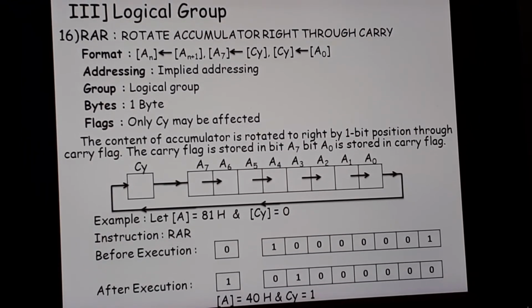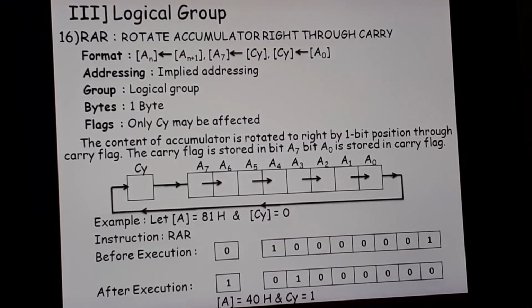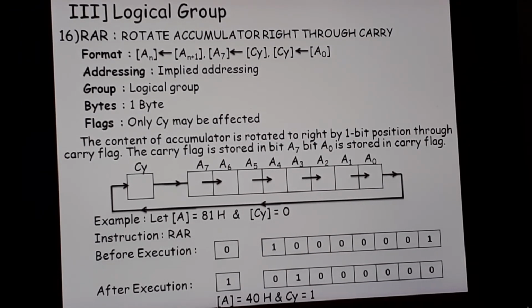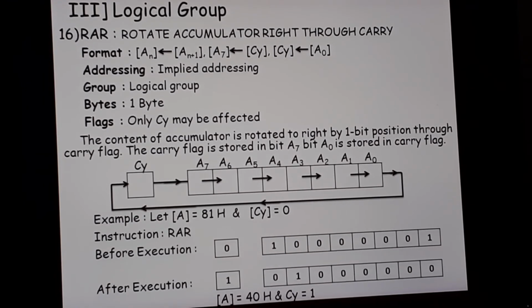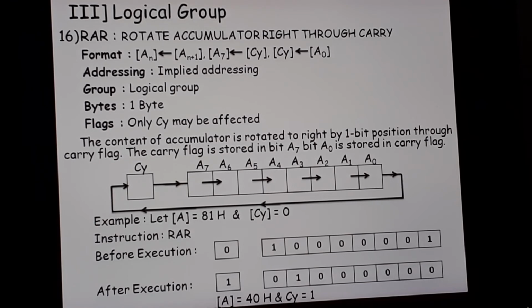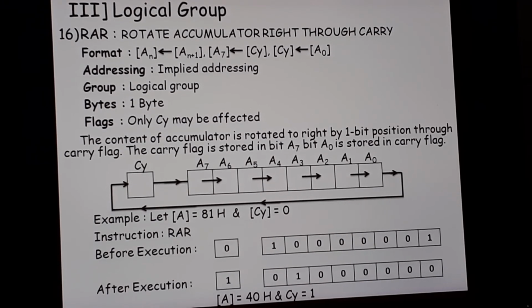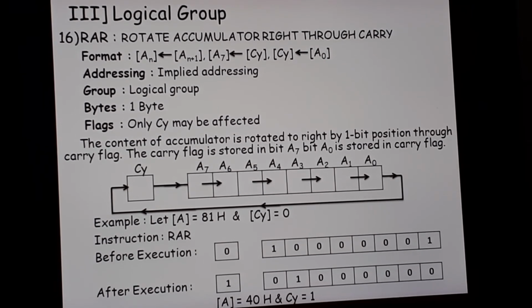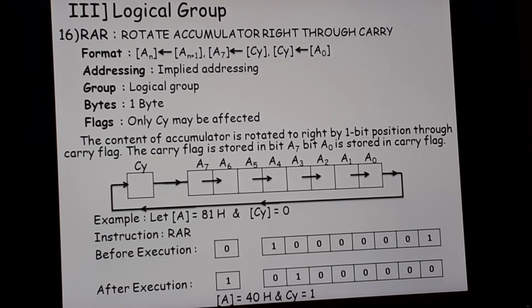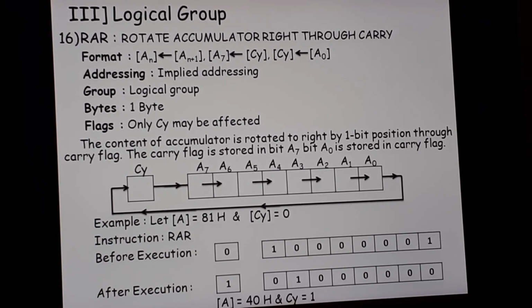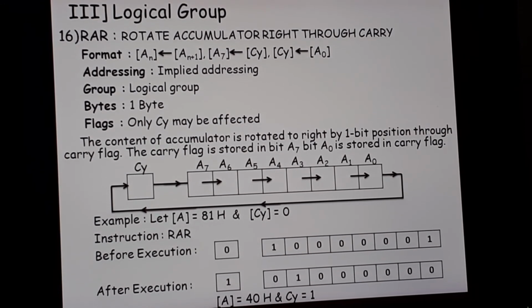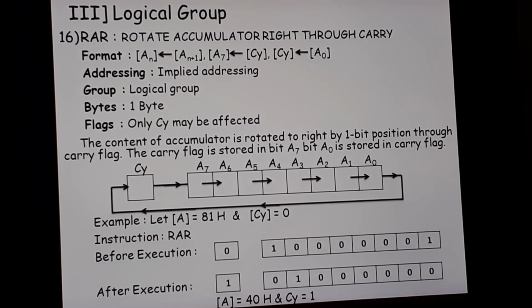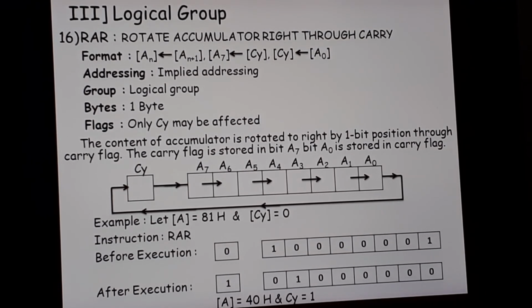It is very easy, but you need to practice. You can take any other data and keep on practicing these 4 rotate instructions very well. Keep on practicing these rotate instructions 4-5 times. Take some other data every time and check your answer, what you're getting. Okay, so these were the 4 rotate instructions which are very, very important, and you need to know all of these 4 rotate instructions very well.